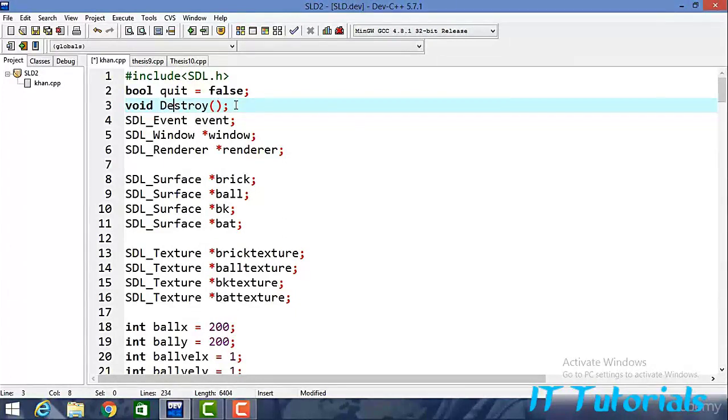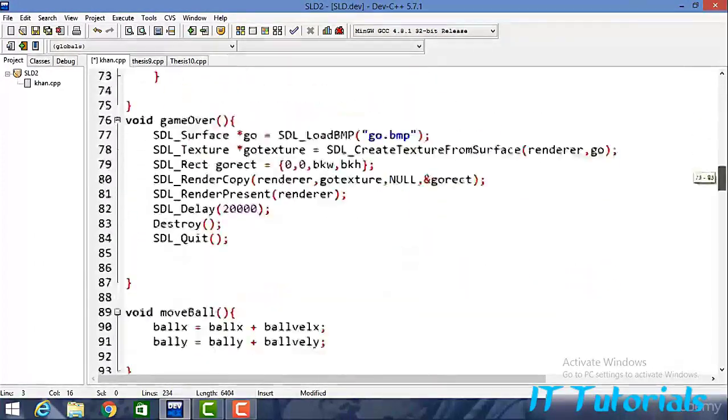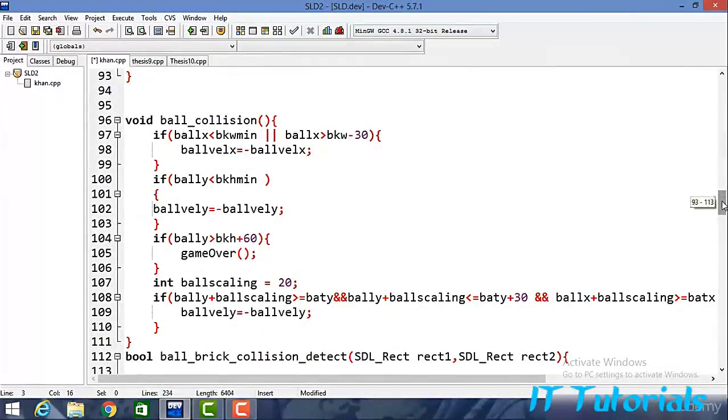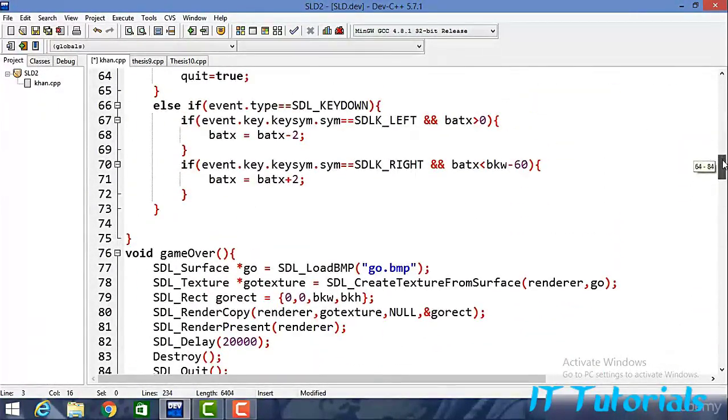But let me remind you, since my destroy function is beneath the ball collision function, I need to create a prototype, because otherwise the compiler will not know where this function is. Now one more last thing we need to do is right here, it's go over. Now just go ahead and run it,